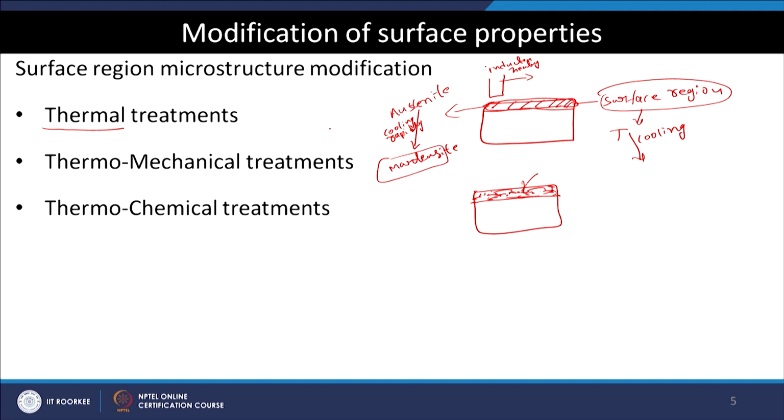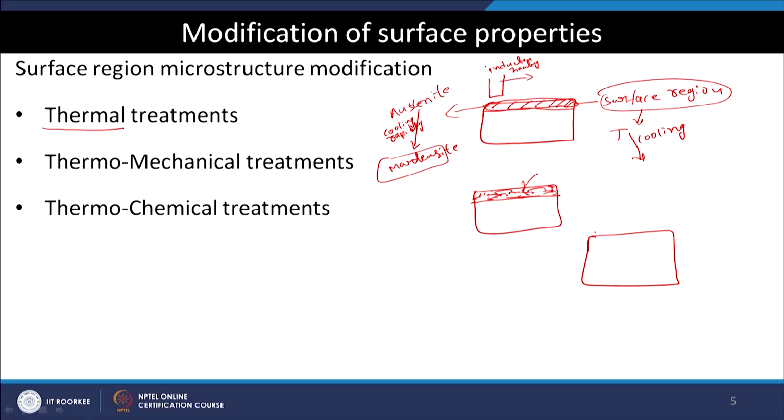The third possibility is the thermochemical treatments. So, what we want to do is use thermal energy, that means we want to change the temperature via heating and cooling of the surface region, and at the same time we would also like to change the composition of the material at the surface. So, if we have such a sample and this is the surface, I have this region whose chemistry I want to change in such a way that upon heating and cooling it leads to improved properties. So, how can we do that?